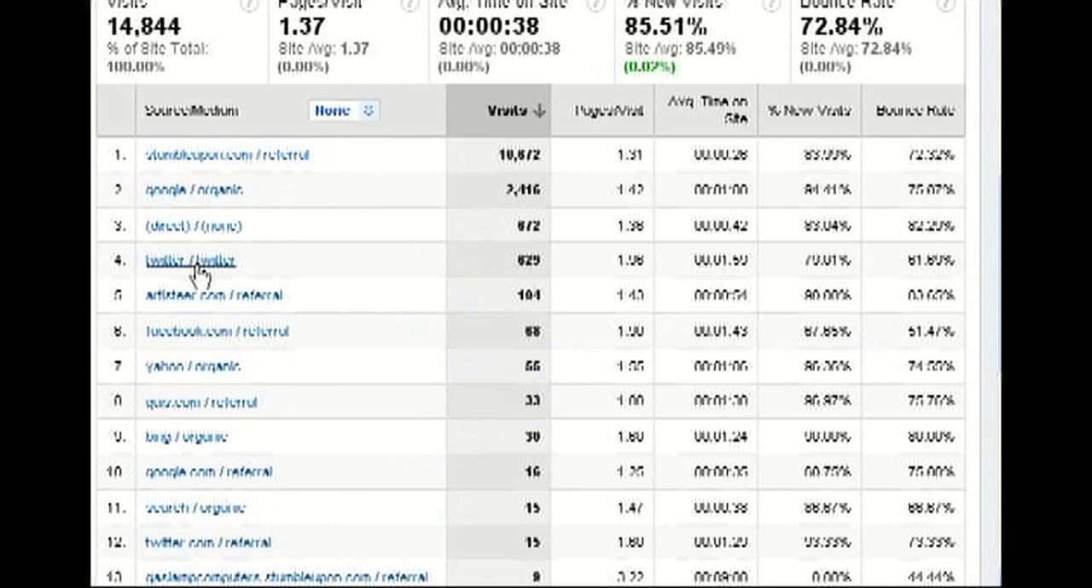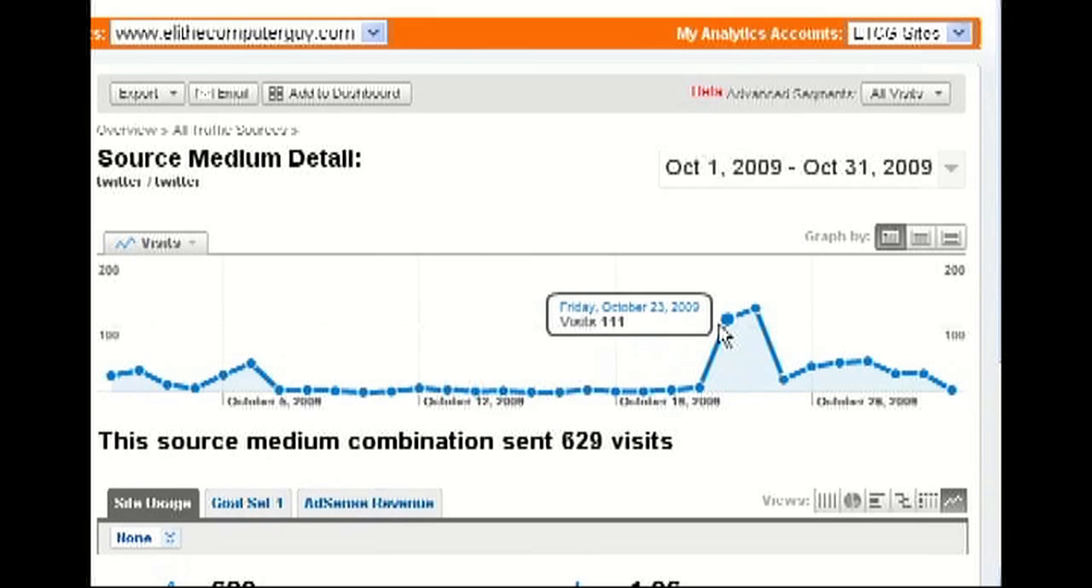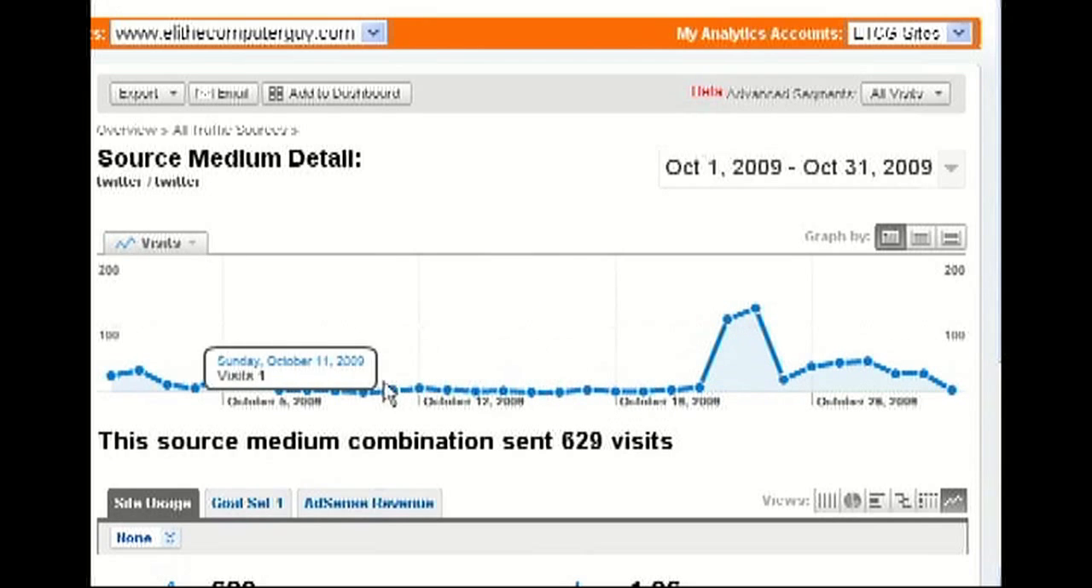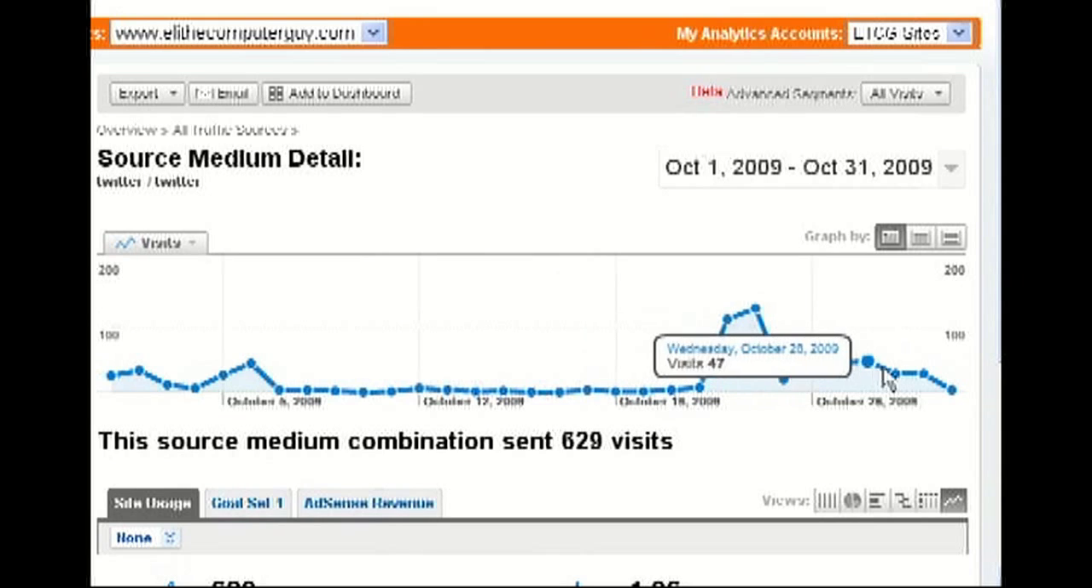Let's see, I think Twitter had something good. So Twitter. You can see I got almost no visits from Twitter for a long time, and then right here on October 23rd, all of a sudden I got 111 visits, and then I got 128 visits, and since then I haven't been getting a whole lot of visits, but obviously I've been getting a lot more visits than I was before. Now I started a different type of marketing using Twitter, somewhere in here, and that's where I got the spike from, and that's where I'm getting those extra visitors from. So this is an easy way to see